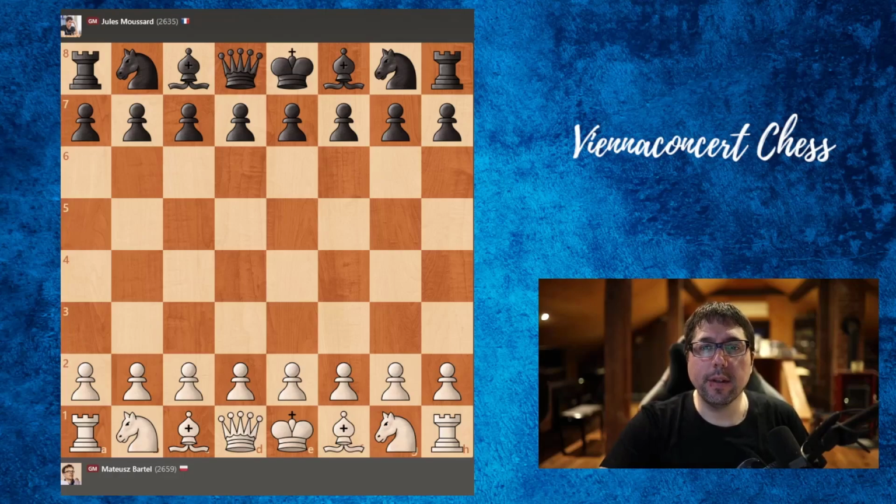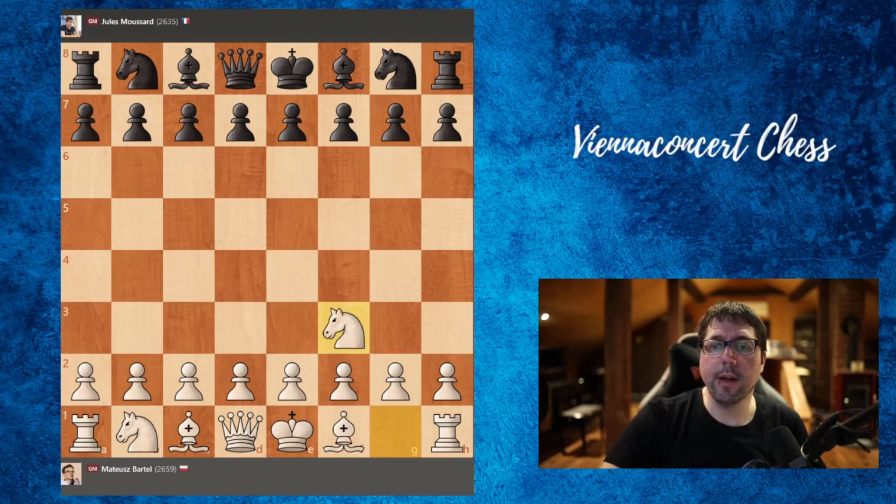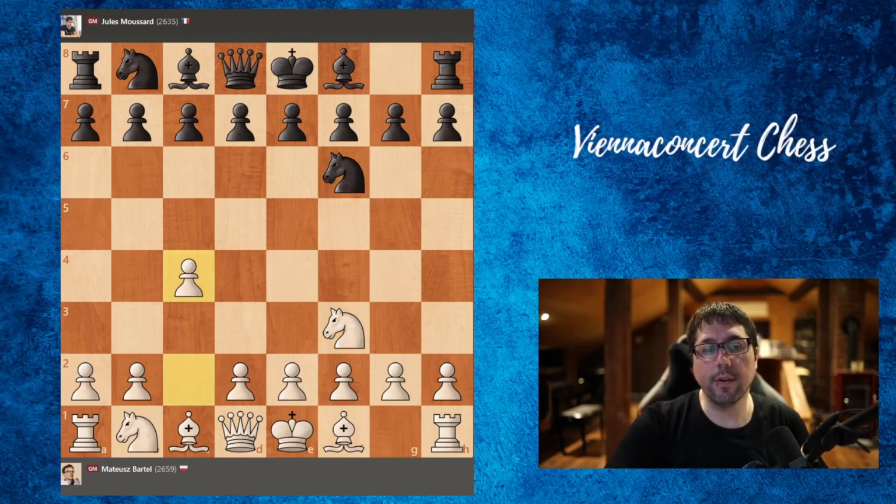Hi everyone, today we'll take a look at another game of London Chess Classic between Mateusz Bartel and Julius Mozart. So let's quickly jump into the game. Mateusz, the Polish champion, was white and he started with knight to f3. We have knight f6, c4, grabbing the center, sort of English opening, e6, knight c3, and bishop to b4